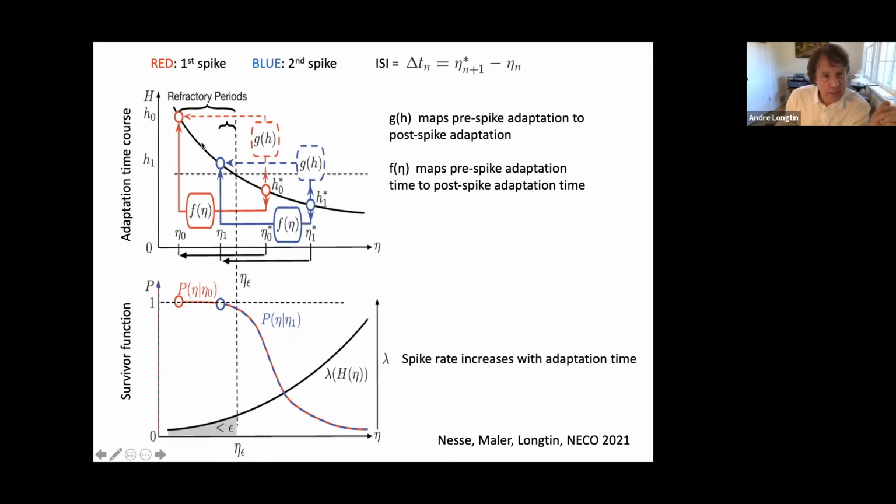And then the system will decay back down, and at some point it'll fire again over here. And then the same process repeats. The adaptation state will get updated up to here, and that corresponds to a new time. And what you can see here on the bottom plot is the survivor function as well as the spike rate. So as the adaptation decreases, the spike rate increases, which is what you expect, right? But the survivor probability goes down. Okay, so that means there's less and less chance of not having spiked. And this is the area under the curve, which underlies the theorem,